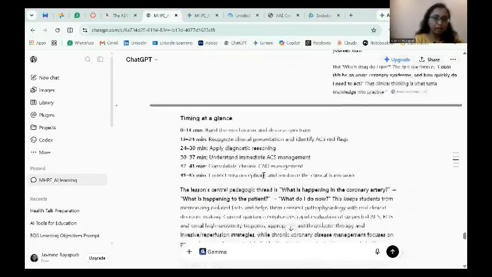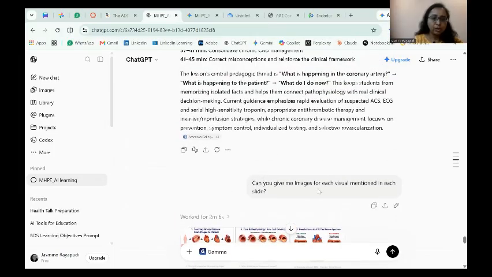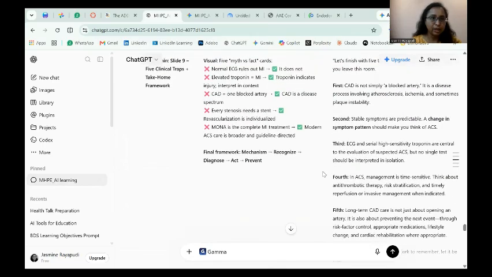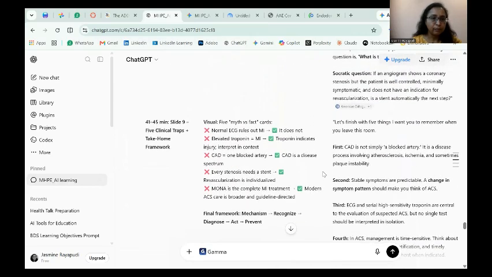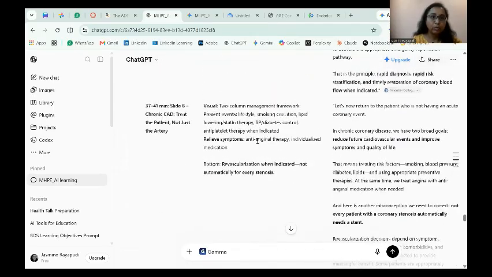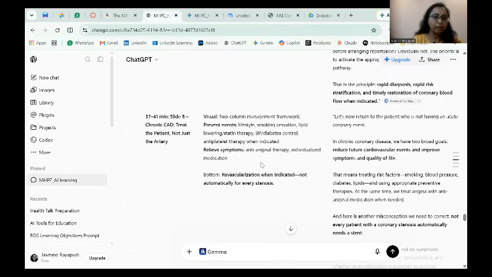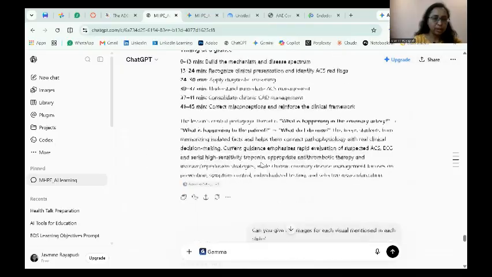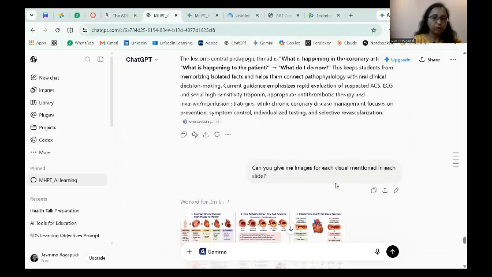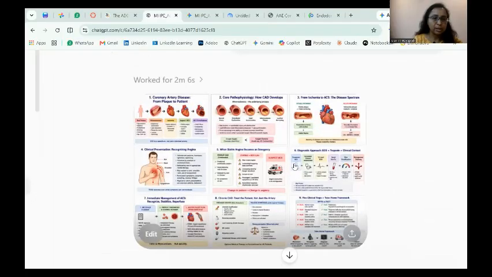And once it gave me that, I asked it to create images for each visual that was mentioned in the slide. If you notice, when it gave me the schedule, it gave me a visual for each slide that I can show to the students while I am teaching them. But these visuals are not visible here. It is only in a text format. So what I asked ChatGPT is, can you give me images for each visual mentioned in each slide? So it gave me this